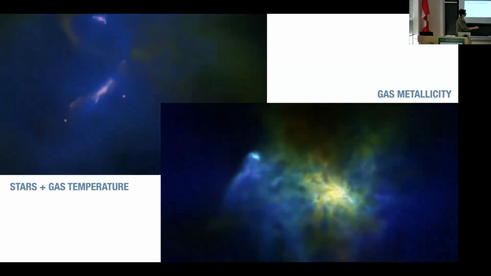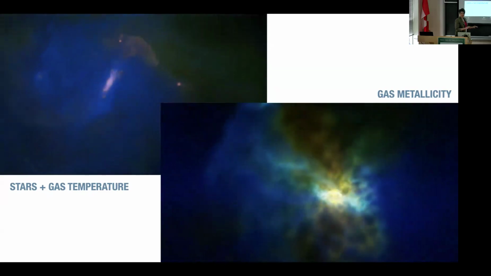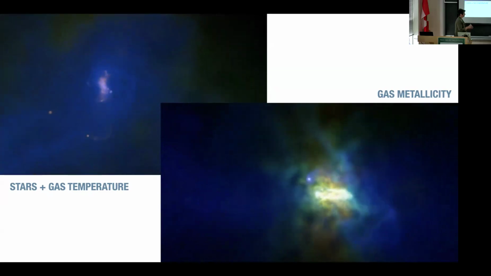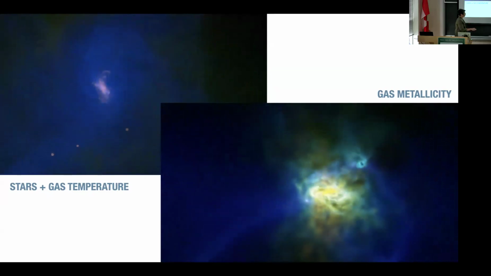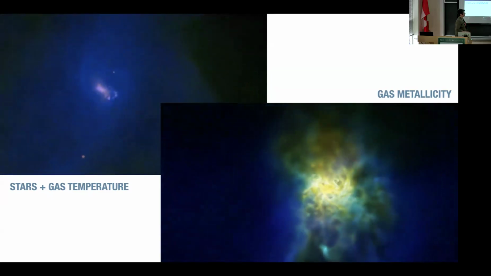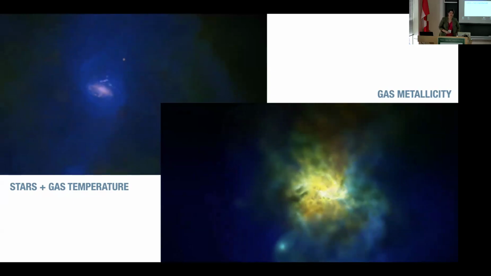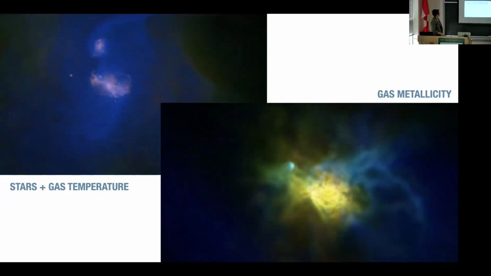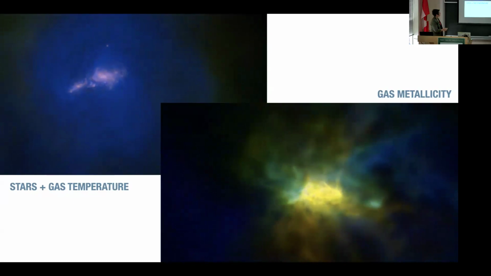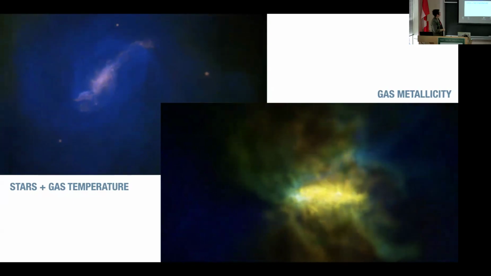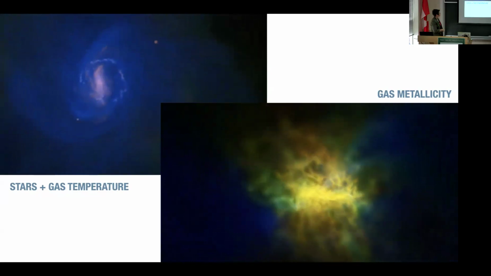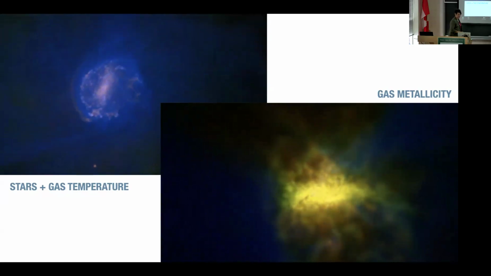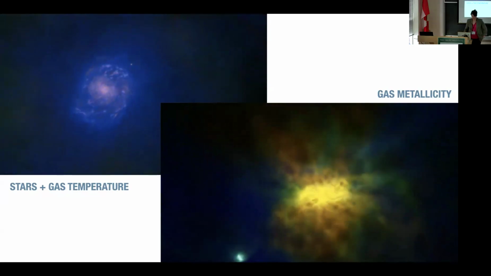And then this one down here is a different dwarf, and I'm only showing the gas this time, and it is color coded by metallicity. If you watch this movie, you may have noticed it has gone from blue and is getting more and more orange. And in fact, here's small things that are falling in. The blue is the metal-poor stuff. And as this galaxy enriches with metals, it's turning more and more orange with time. I'll just let this run a little bit longer because we got a nice merger going on up here. Okay, and then I should point out too, you may notice this is actually a reasonably disky dwarf galaxy for these Magellanic mass things.